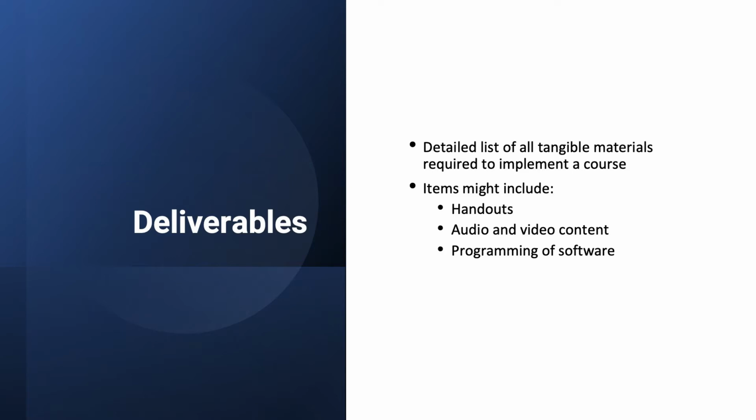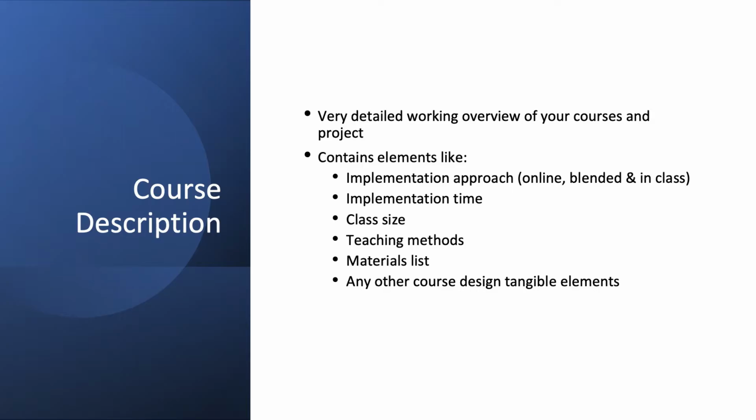The other things you need to think about are deliverables. What do you need to produce and prepare for this process, whether it's a course or a project? You also need to describe what this course and program are going to look like. In a course description, you lay out exactly what your ideas are and how you're going to deliver this. How are you going to implement this course? Online, classroom, blended? What teaching methods are you going to use? How many people are going to be in a classroom? What's your seating arrangement? All these details that lots of people don't think about until they actually stand in front of the group have to be part of a professional design plan.